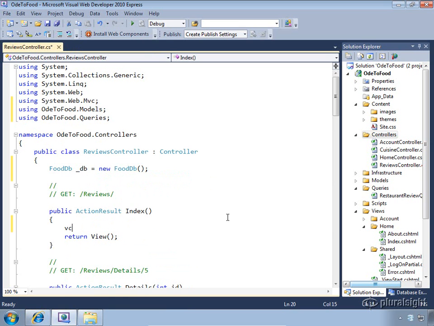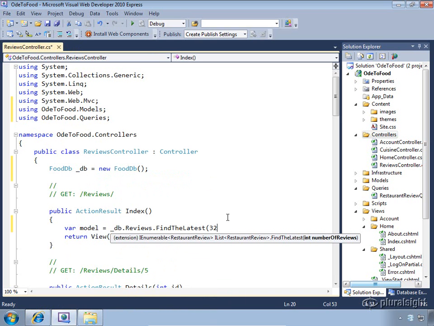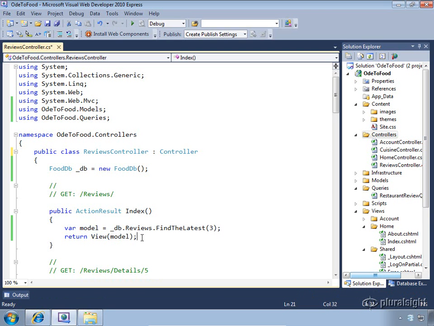So what we'll say is that the model is going to be _db.Reviews.FindTheLatest(3), because I only have 3 reviews constructed in memory right now. Later we can change that when we actually have a database with reviews inside of it, but we're going to tell the controller action to produce a view result that will have the model property set to the latest reviews. Let's build the project,